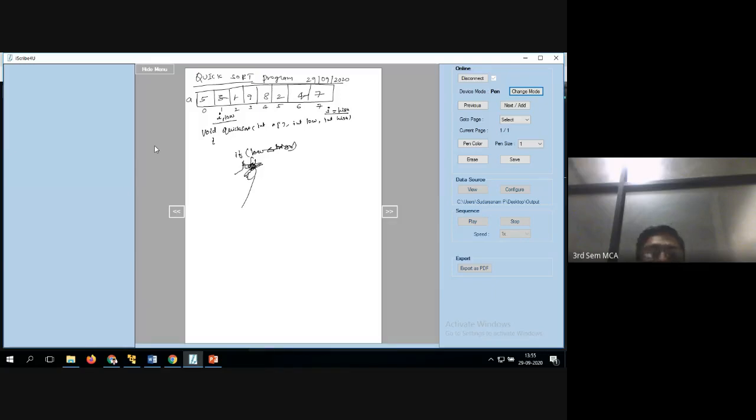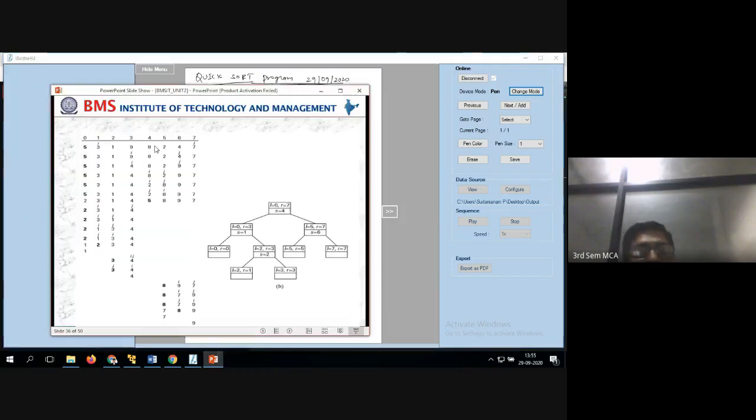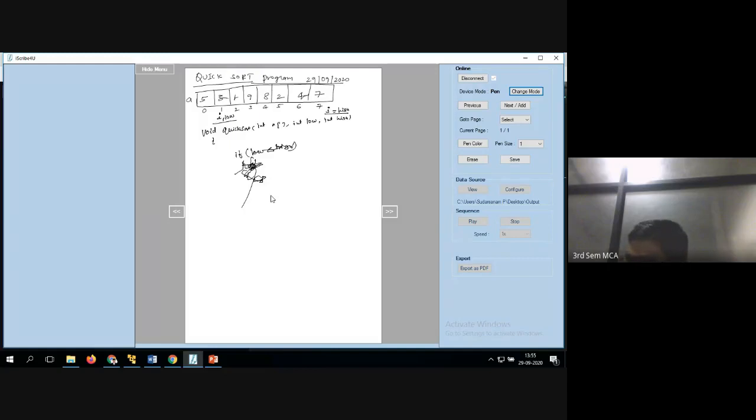I'll write it once again here. Once you do this, you have to make the partition j. See here, this is what you can see. With the mouse, I'll show you, the j value is nothing but 4. So this is the j partition you are making. To make the partition, you have to write j is equal to partition. What are the values you need?